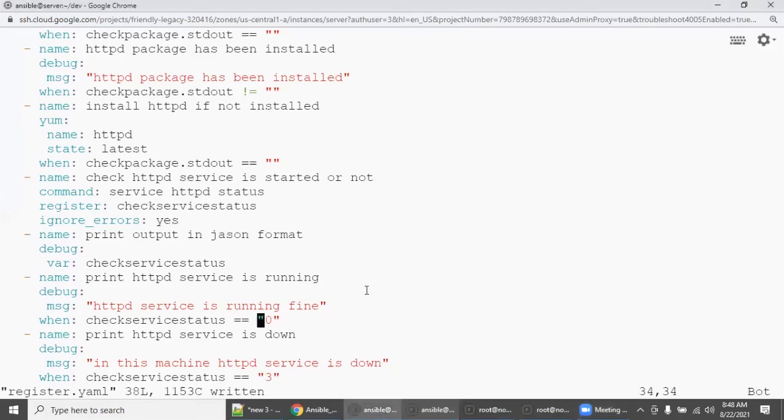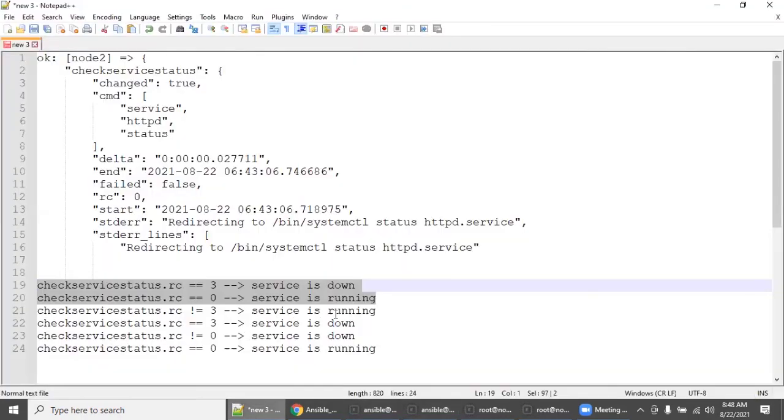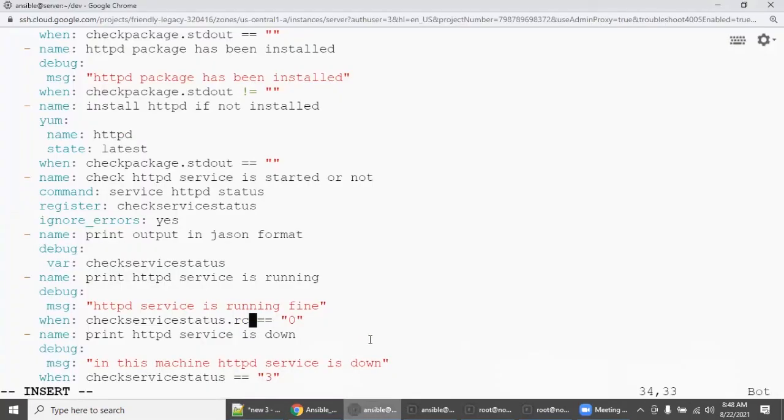We have made a few small mistakes. I'm just going to say check service status dot RC, because we created it correctly, but while typing we forgot. So we are going to change it to check service status dot RC equal to 0 and equal to 3, with the dot RC. I'm going to save it.